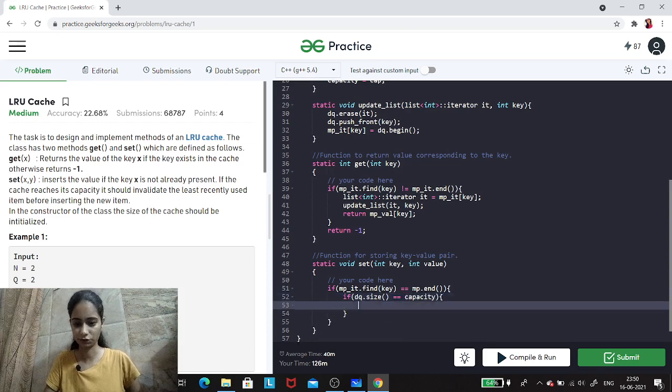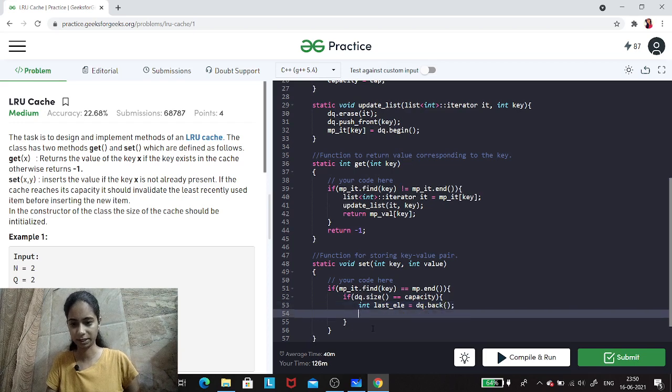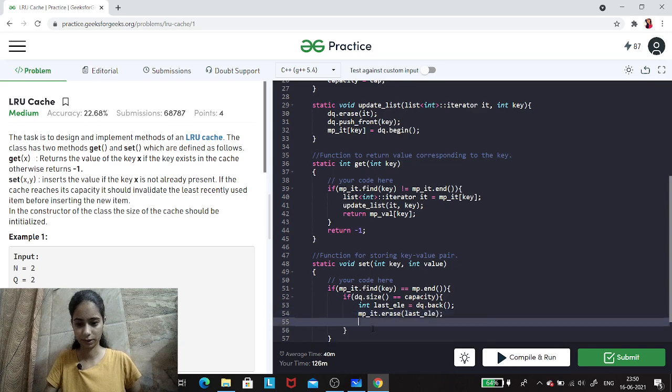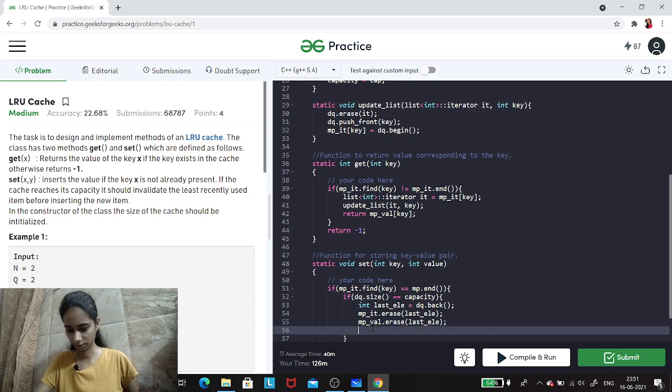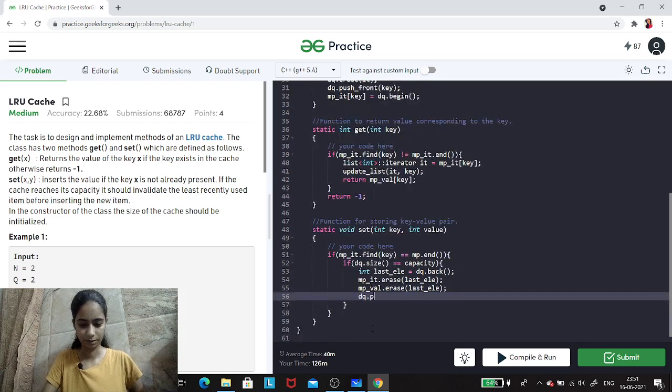If it has reached the maximum capacity, what we need to do is extract the last element, which will be given by this. So I've got the last element, and we'll have to remove it from the maps, right? I'll have to remove it from both the maps. This one is from the iterator map, and this is from the value map, and now we'll pop it